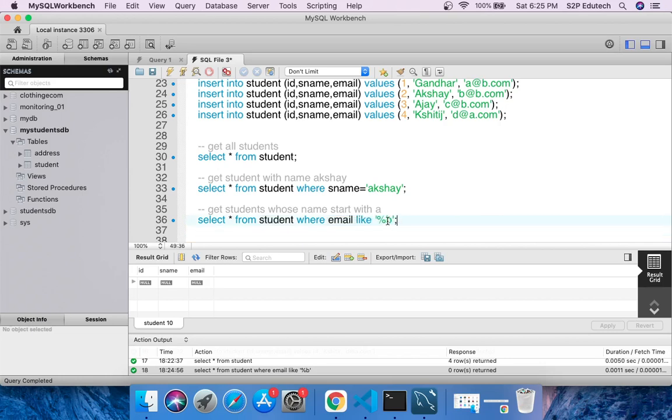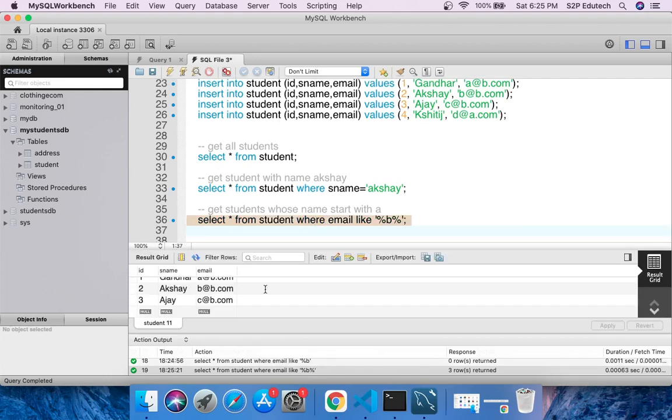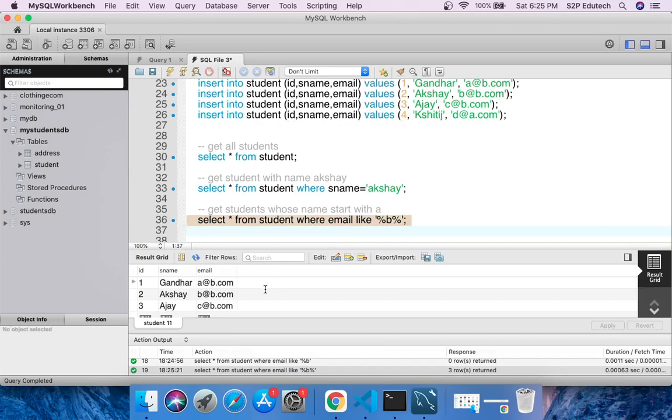Because what this pattern expects is that all the emails end with B. So if you give percentage B percentage, this might work. But ideally what you should give is percentage b.com.